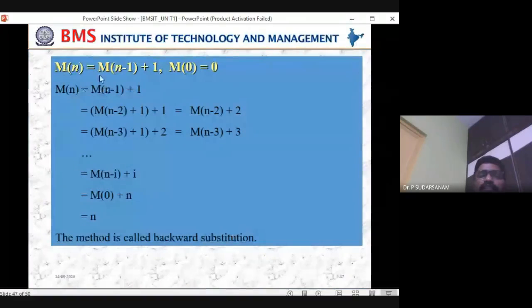So n minus 1, if you substitute it, n minus 2 you got it, plus 1 is there, plus 1 you have written it here. First equation, you forgot. Can you see? If I show my finger, can you see? I've closed one. Can you see?